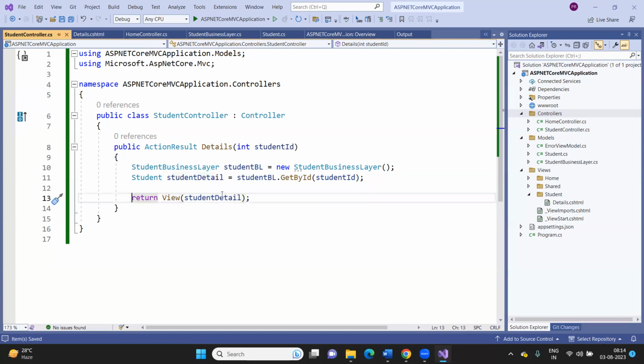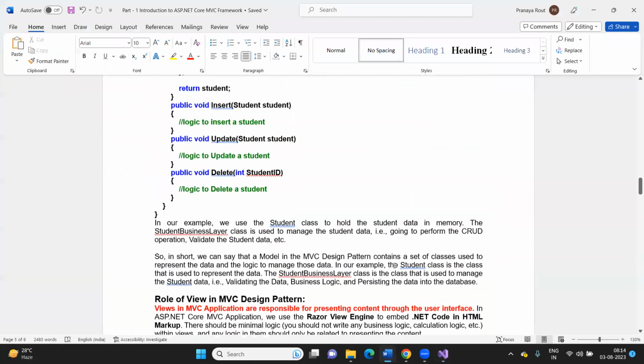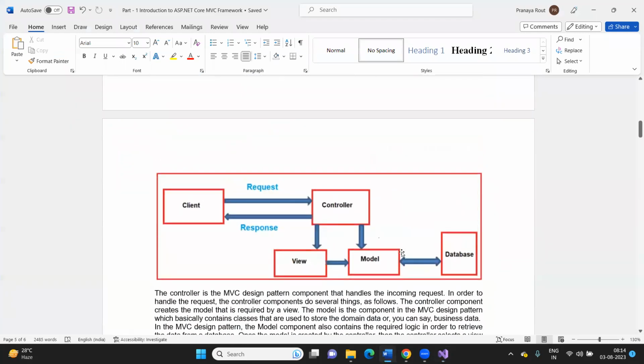So in this case, this return view is nothing but it is calling the view component. It is rendering a view. Which view in this case? In this case, this details view. But while calling the view, whatever student data we have with this controller action method, it is passing that student data to the view. Now, if you go to the diagram,